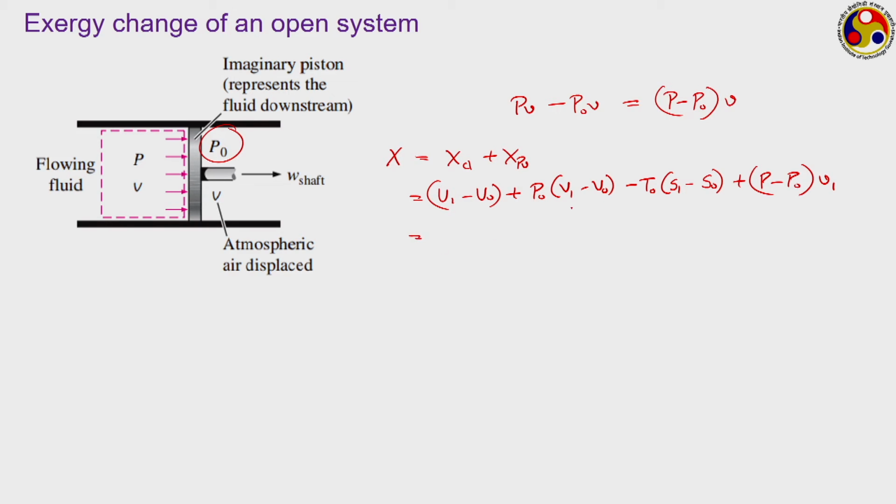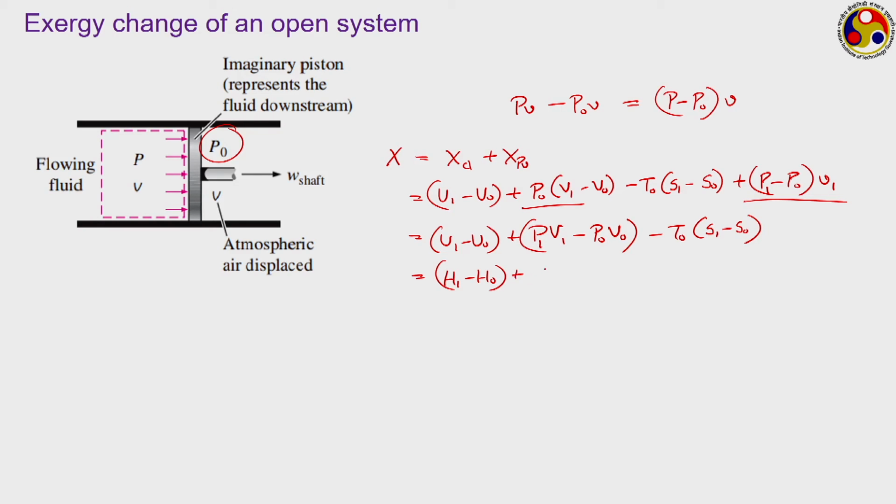So, if we combine this particular expression with this one, what do you have? You have u1 minus u naught plus P naught V1 cancels out. So, we have, or I should say P1 minus P naught. So, we have P1 V1 minus P naught V naught, capital V this should be, because we are not writing in the specific sense. So, we have P1 V1 minus P naught V naught minus T naught into S1 minus S naught, and now if we combine this U and PV part, we actually have enthalpy H1 minus H naught